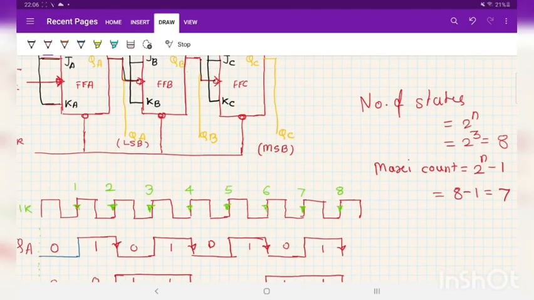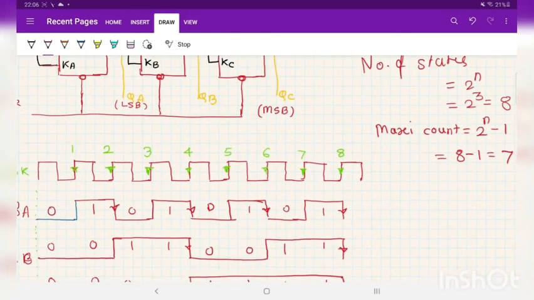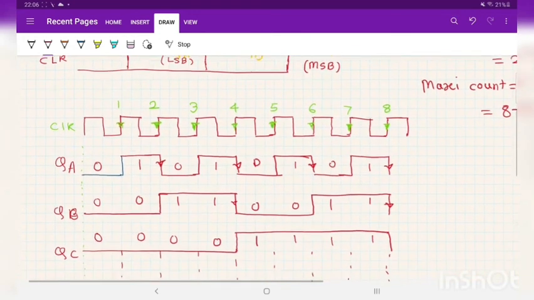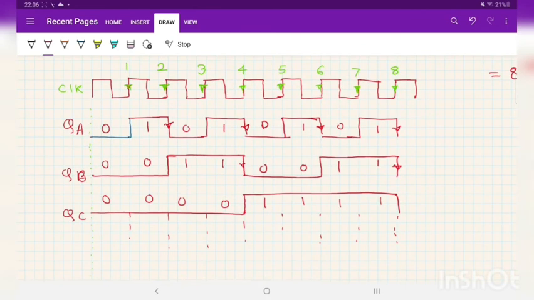Here in this counter, number of states is equal to 2 raised to n. Here 3 flip-flops are used, 2 raised to 3 is equal to 8, and maximum count is equal to 2 raised to n minus 1, 8 minus 1 is equal to 7, as n is nothing but the number of flip-flops. Here QA acts as LSB and QC acts as MSB. The counter output